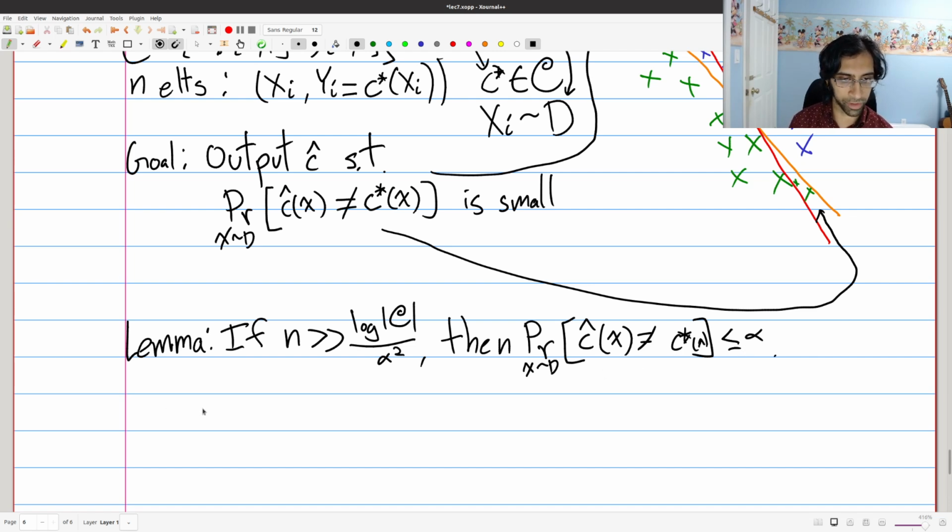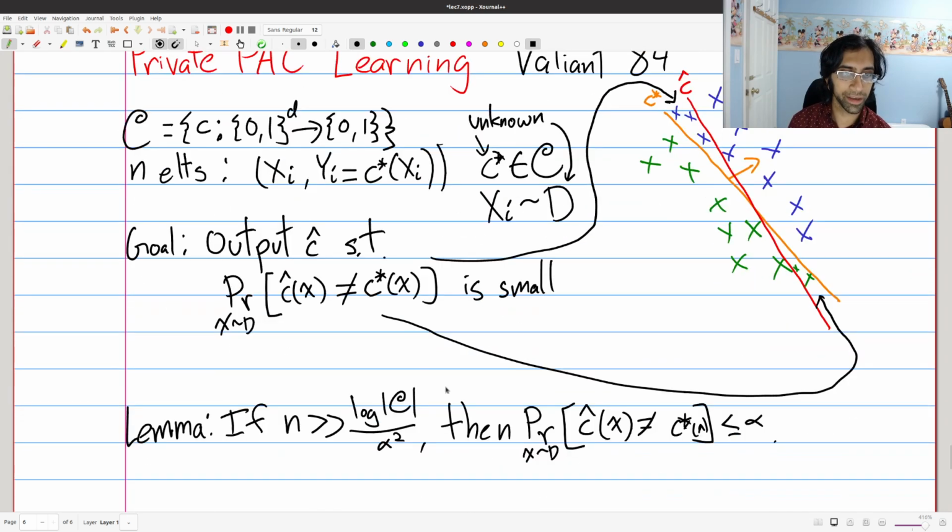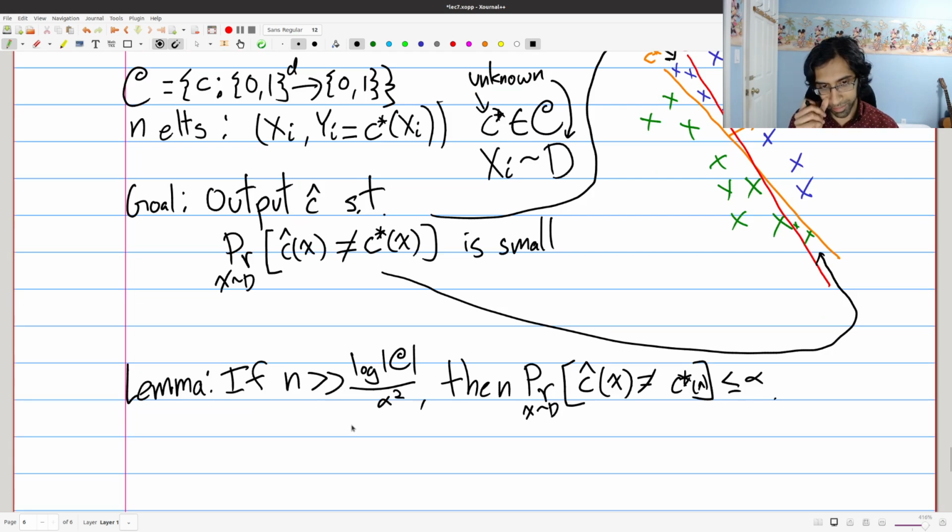What is the algorithm, first of all? The algorithm is the following. You simply generate your training data. What you do is you consider every single function in the class C, and you see if it ever makes a mistake on the data set X. And anything that never makes a mistake, you output it. And the claim is that anything that makes no errors on the training data set